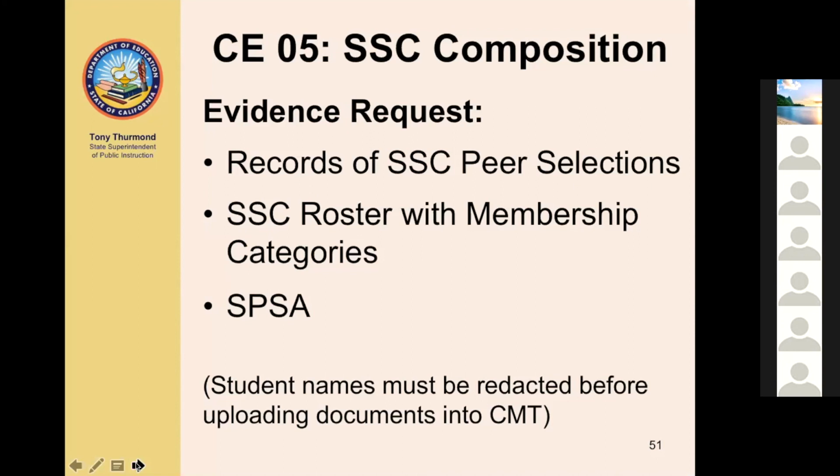Also always note, when you have students, especially in the secondary school site council composition, you must always redact the names before uploading, because in the CMT that becomes public. So be aware that you have to redact those student names.